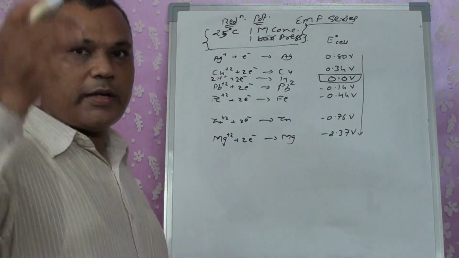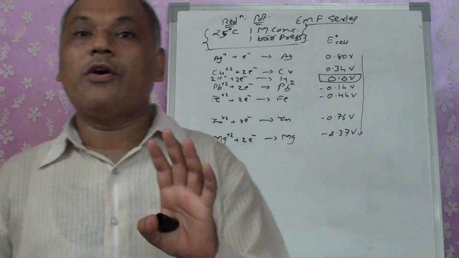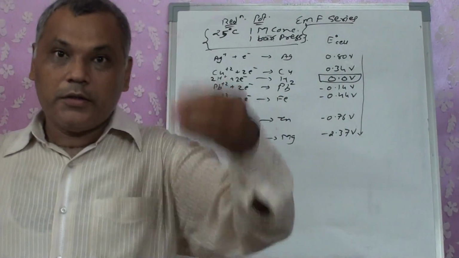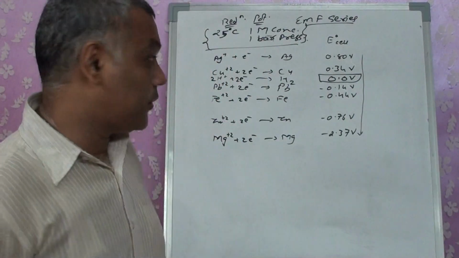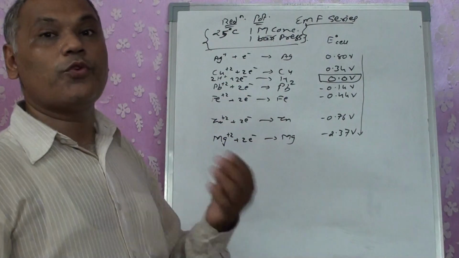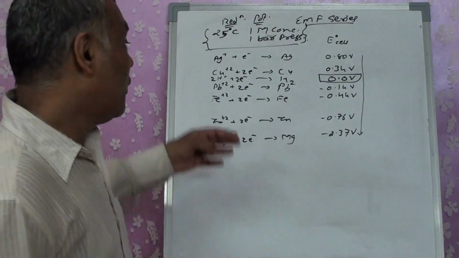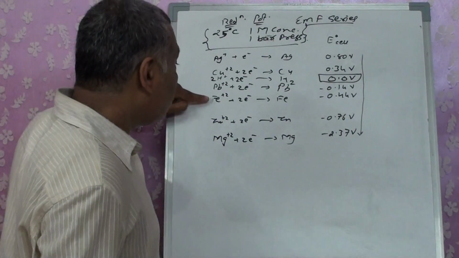In your textbook, all the elements have been given out, right? No doubt, they are not all the elements. They are certain elements. One complete page is written, but we have 118 elements, and each element has a tendency to produce more than one oxidation state also. So their potentials accordingly will change. If you want to see in your textbook,